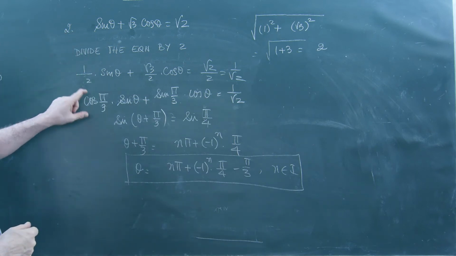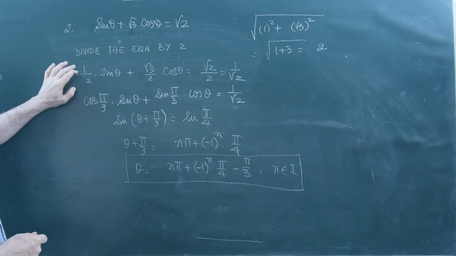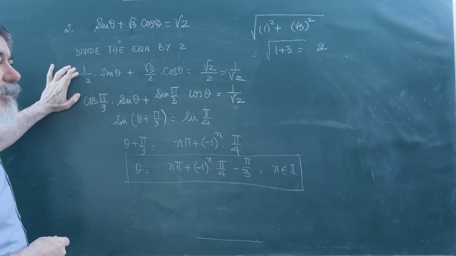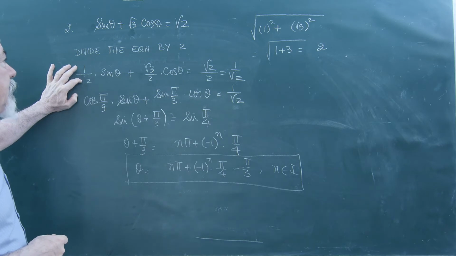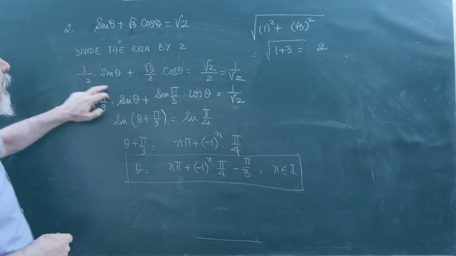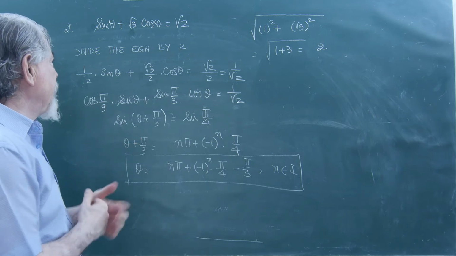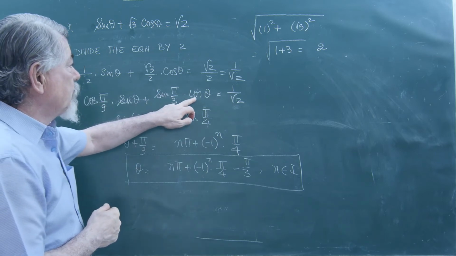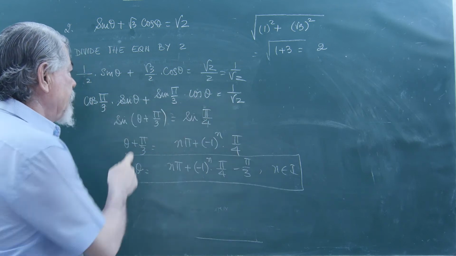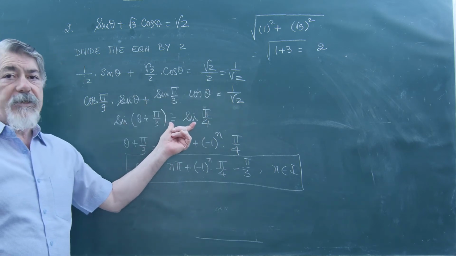But here what we did was we expressed in terms of sin and cos. I expressed this as cos pi by 3, that is cos 60. I said cos 60 is 1 upon 2 because sin 30 is 1 upon 2. Cos is complement, so cos pi by 3 is 1 upon 2. This is sin pi by 3 because sin pi by 3 will be root 3 by 2. Now it is cos theta is equal to 1 upon root 2, sin A cos B plus cos A sin B. So sin A plus B is equal to 1 upon root 2, can be expressed as sin pi by 4.